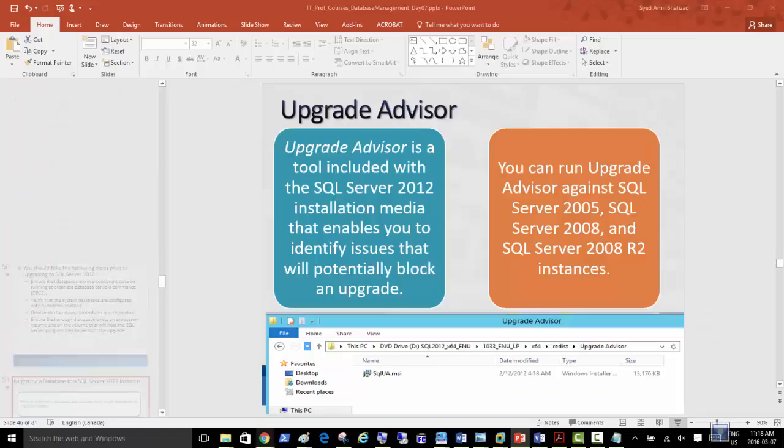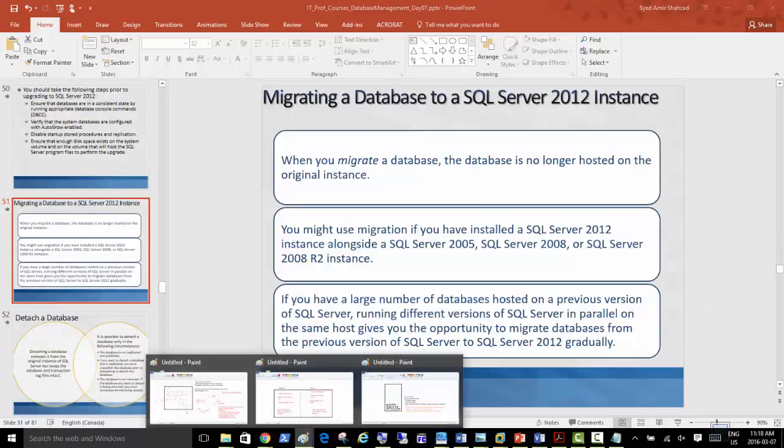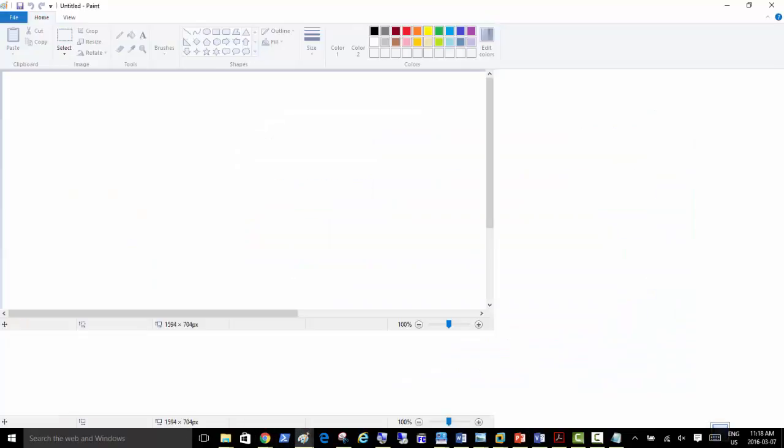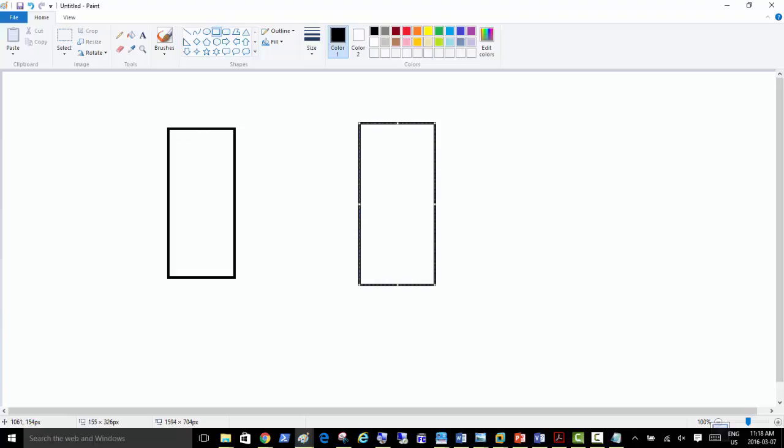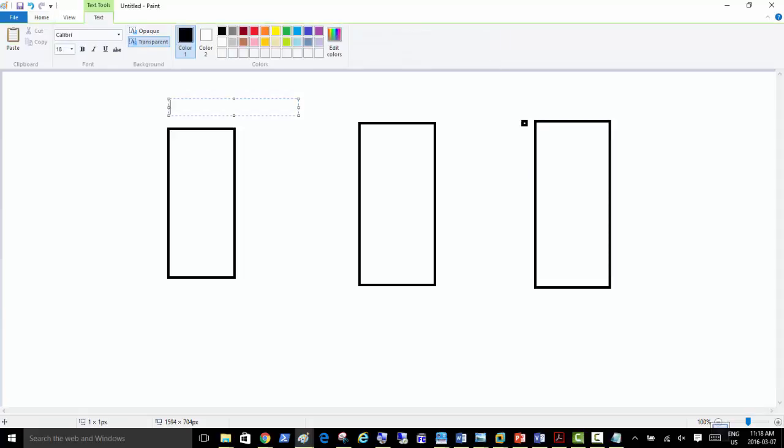So if I create this diagram here, if you have an environment where there is simultaneously SQL Server 2005, and in the same environment you have introduced later SQL 2008, and then now you're introducing as well SQL 2012.